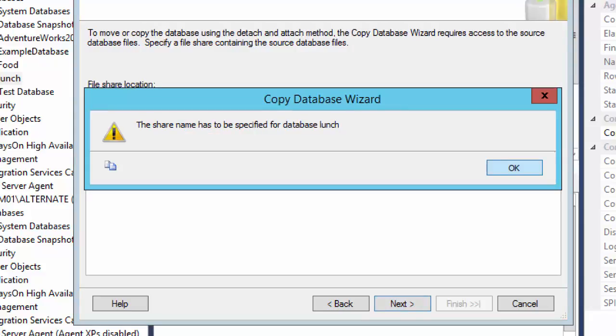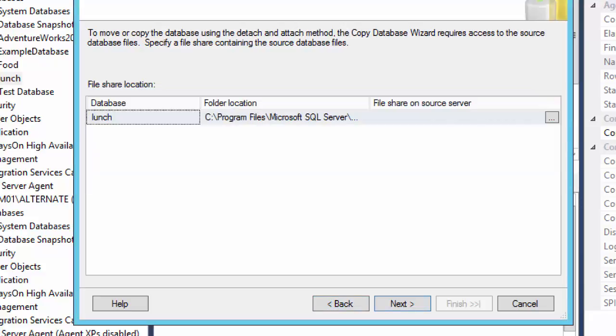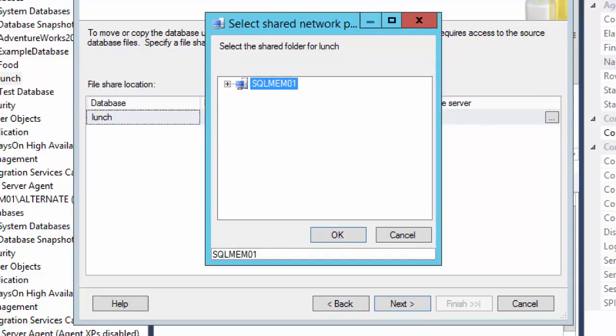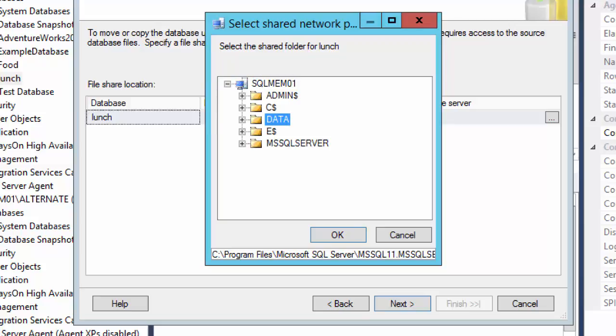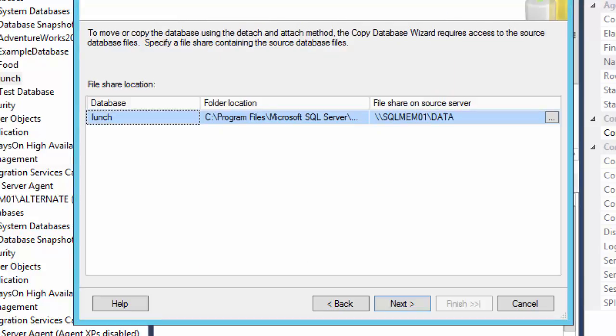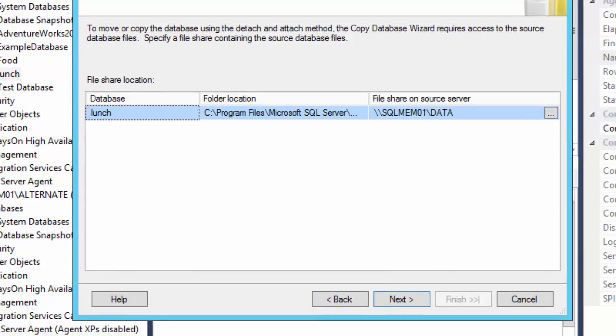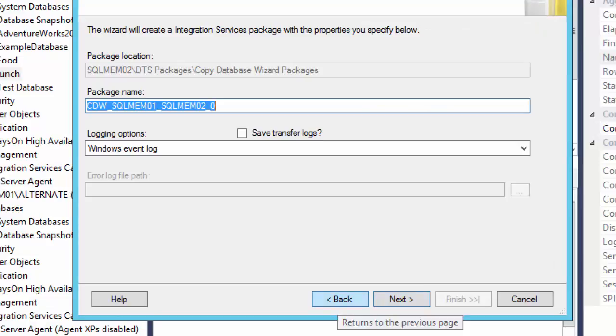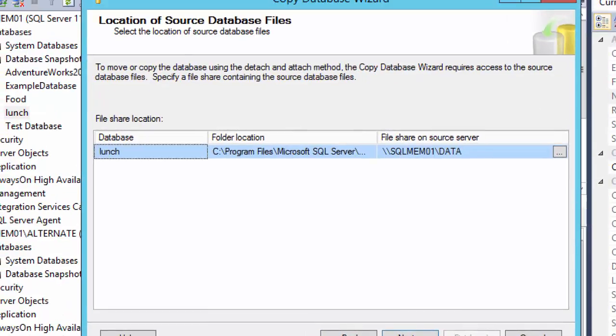The database lunch. Oh, okay. That's what I shared. File share on source server, exactly. It needed a share name there, right? Now it goes there. So I shared the folder called data. It didn't need a local path, it needed a file share name, right?